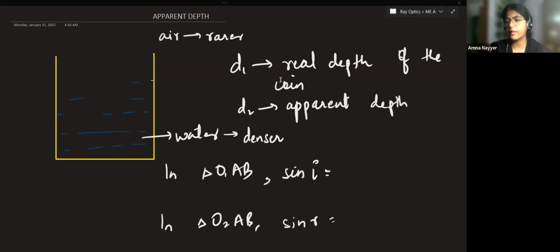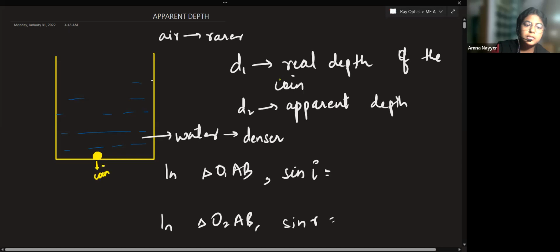Okay, class. So refractive index was completed. Now we'll start with a new topic, apparent depth. Now understand the meaning of apparent depth. Apparent depth basically means the depth that you are able to view, which is not the actual depth. For example, if there's a glass of water, and in the glass of water, I keep a coin, let's say I keep a coin over here,